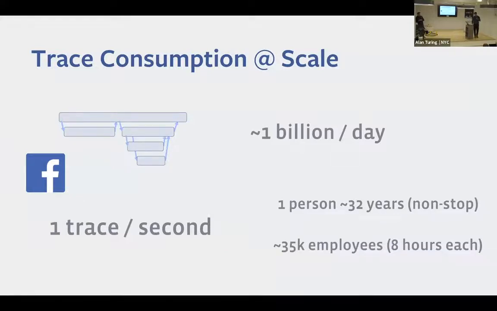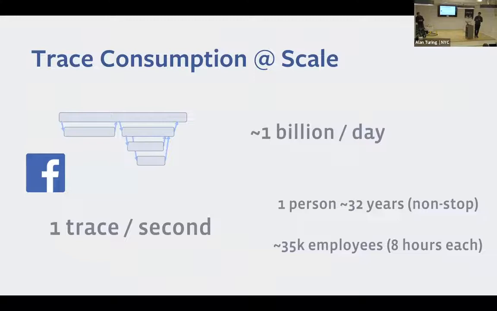So we've talked to a bunch of companies, a bunch of outside folks doing tracing, and one question we always ask is, how do you make sense of your traces? How do you use your traces? A lot of times the answer we get back is that someone takes 5, 10 traces and just looks at them and sees what goes wrong. And I think there's definitely a solution for a specific set of problems, but at the scale of Facebook,